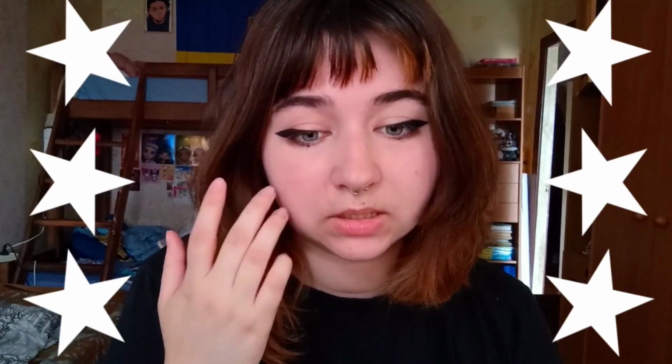I already kind of tested them out on a little piece of paper. They feel really nice. I'm not an expert on pencils, but I've had my fair share of bad quality ones, and these feel really good. There's also a good selection of colors, which is awesome, and there's a few nice shades of brown for darker skin tones, which I'm also really excited about, because that's one thing that I kind of struggle with in traditional art, just coloring darker skin tones and getting the shade that I want. Yeah, I don't know what I'm gonna do with them yet, but